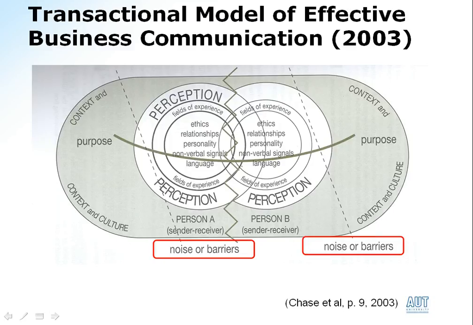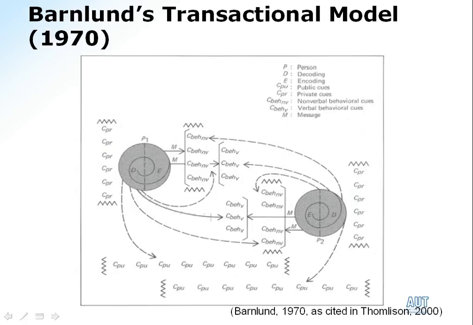But let's have a think about what happens when there's more than two people. More things going on. Here's two people, and they're having multiple conversations with each other, various things are happening, they're looking at body language, they're looking at what else is happening in the room. There's the person, they're decoding and encoding almost together. There are public cues, private cues, non-verbal behavioural cues, verbal behavioural cues, and there's the message. So there's a whole lot of stuff going on, not just within the person. But then you imagine a room full of this, and it's no wonder that at times we are simply unable